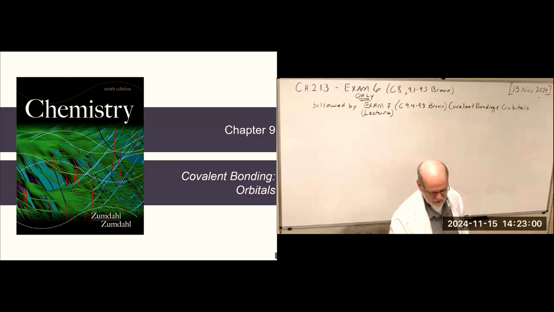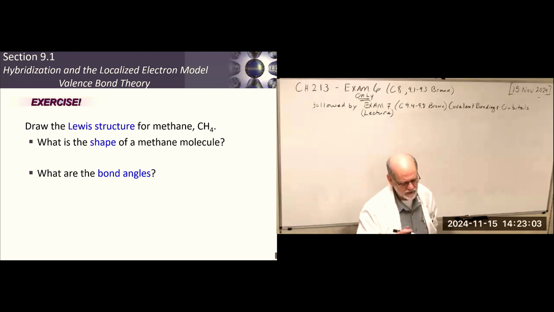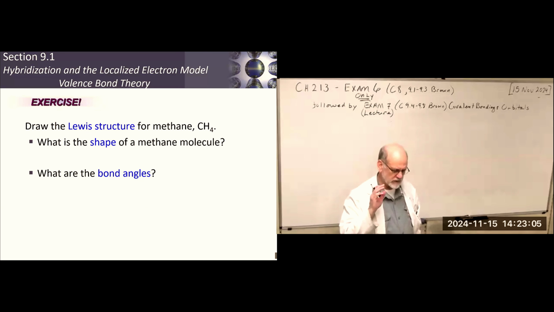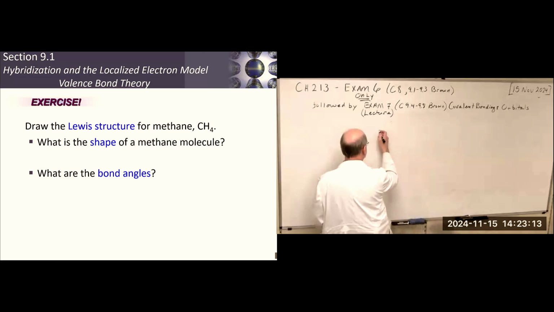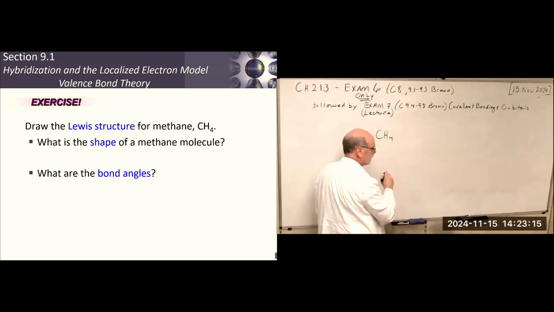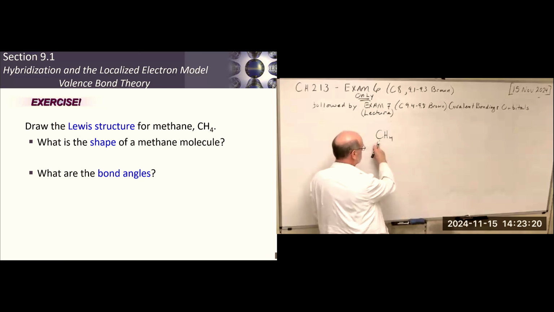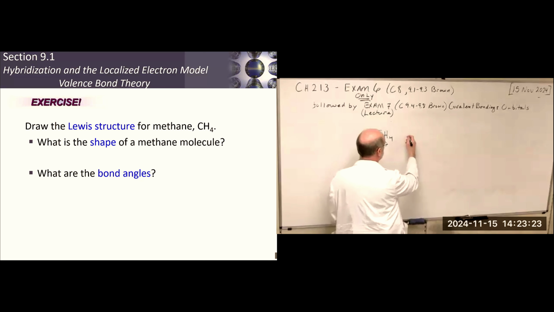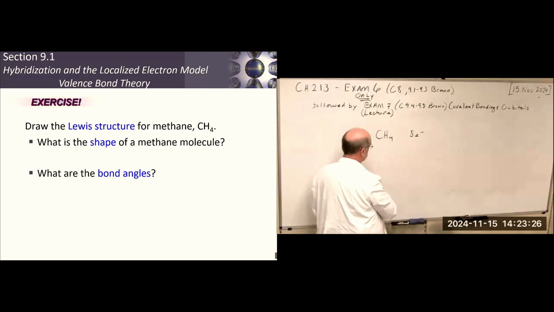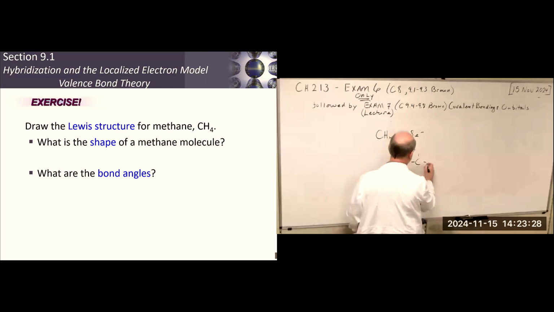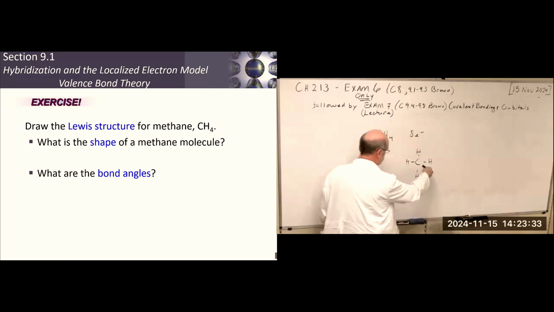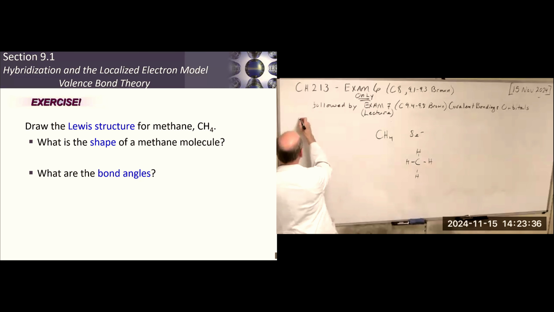But there's always a but. When we try to predict, we can get the shape of the molecule, methane, like that, fairly reliably. All we have to do is draw the Lewis structure. We have 4 valence electrons here, and 4 times 1 is 4. So we have 8 electrons. So if we draw carbon in the middle and then put hydrogens all around it, like that, right? It's got 4 groups, and